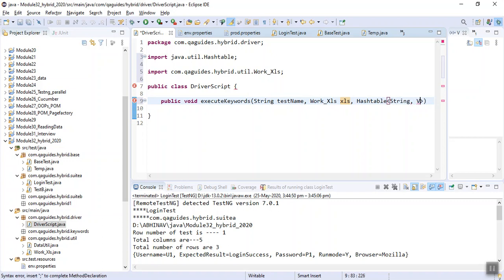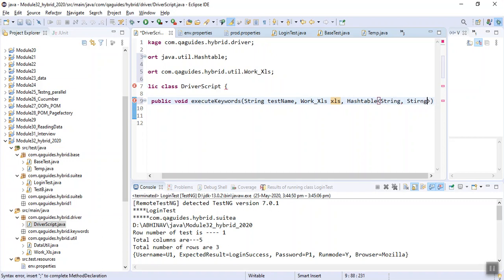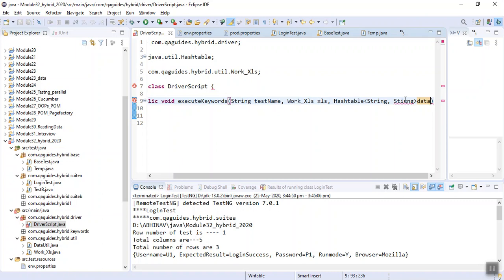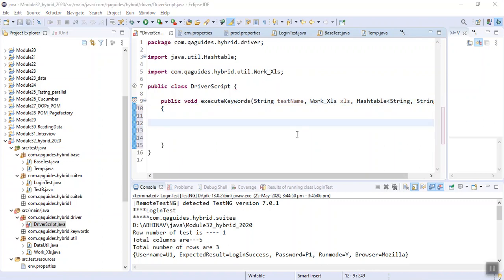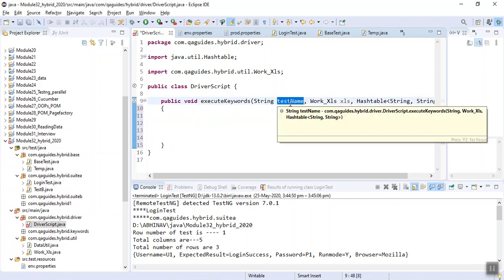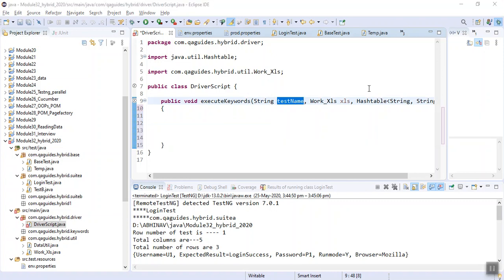So this information will be passed in it. It will execute the keyword for whichever test name is sent, and it will take the particular Excel file, that is suite A or suite B.